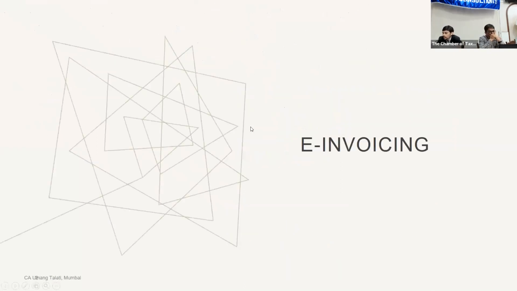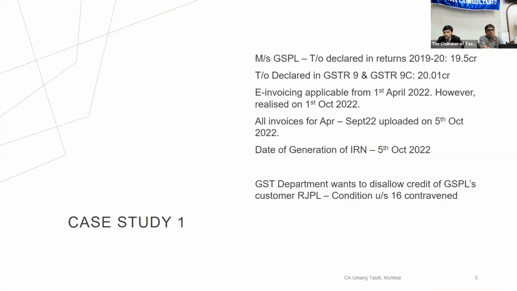So I've divided it into three parts: e-invoicing, e-way bill, and returns. We'll start with e-invoicing first, and we can take up the queries as and when they come, so that it becomes more interactive. In the first case study, we have Messer GSPL, who had declared its turnover in